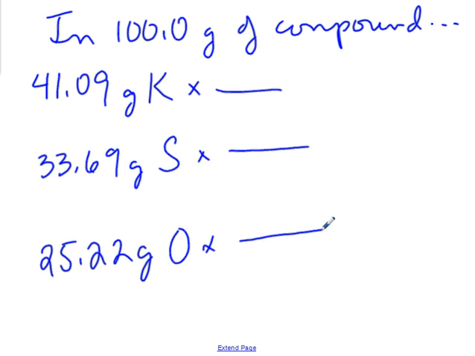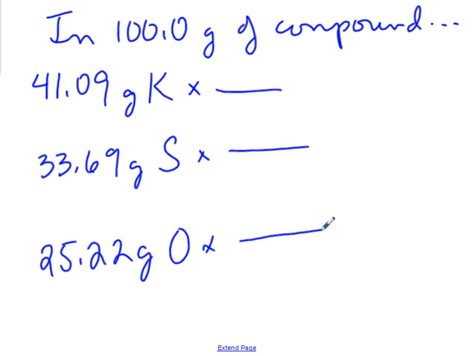H2O, 2 atoms hydrogen for 1 atom oxygen. But now that we're comfortable, hopefully, dealing with moles, isn't a formula also a ratio of moles? In water, there are 2 moles of hydrogen for every 1 mole of oxygen. So because a formula is a ratio of moles, let's convert these grams to moles, and then we will find